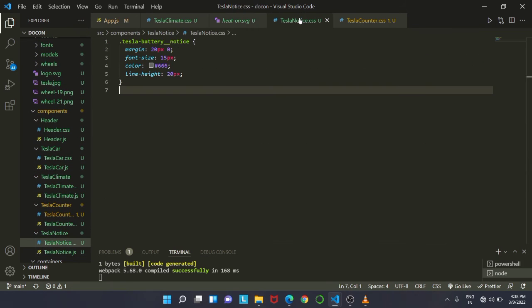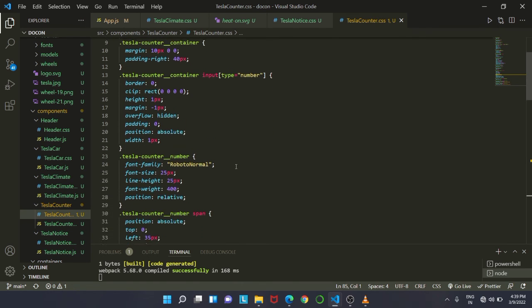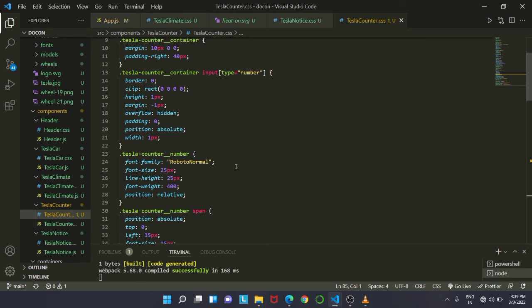Now next we have our Tesla notice.css. We have a margin of 20 pixels, font size of 15 pixels, a color, and a line height of 20 pixels. Lastly, we have our third CSS file, that is Tesla counter.css. Here we have Tesla counter has float left of width 230 pixels. Next is letter spacing 2 pixels, font size of 16 pixels, margin of the container has 10 pixels, padding of 14 pixels. The input of the container has a border and a height, a margin, overflow is hidden, padding of 0,